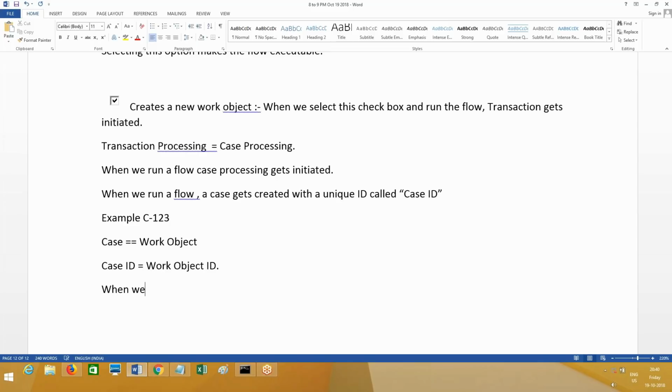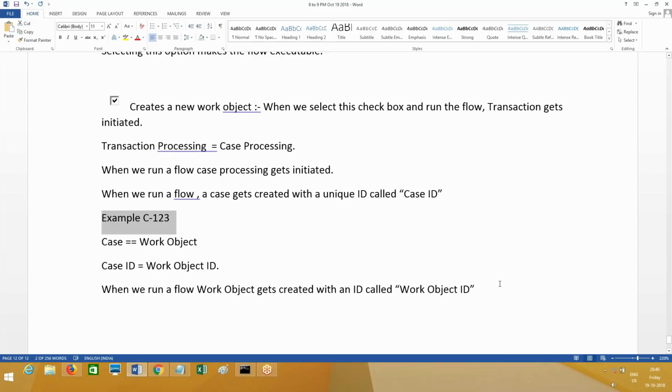So again, when we run a flow, a work object gets created with an ID called work object ID. Again, same example, C-123.